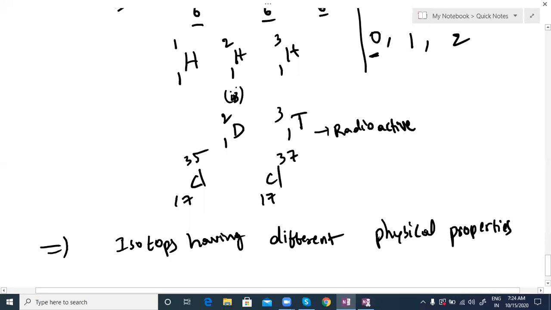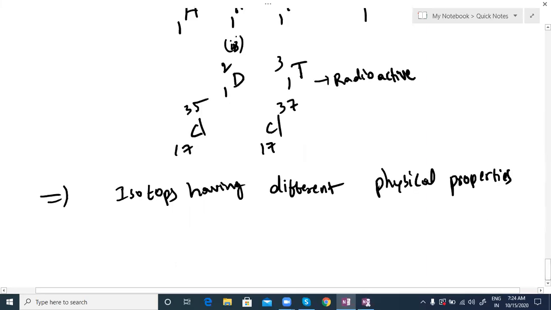Physical properties means things like boiling point, melting point, viscosity, state, meaning gaseous or liquid state. So isotopes have different physical properties,